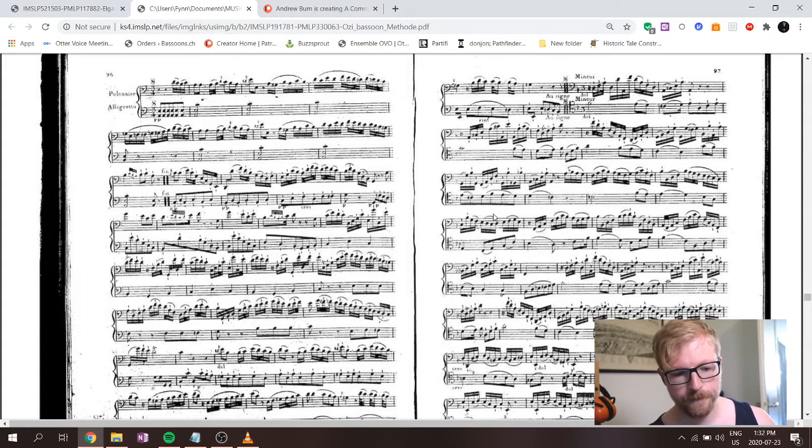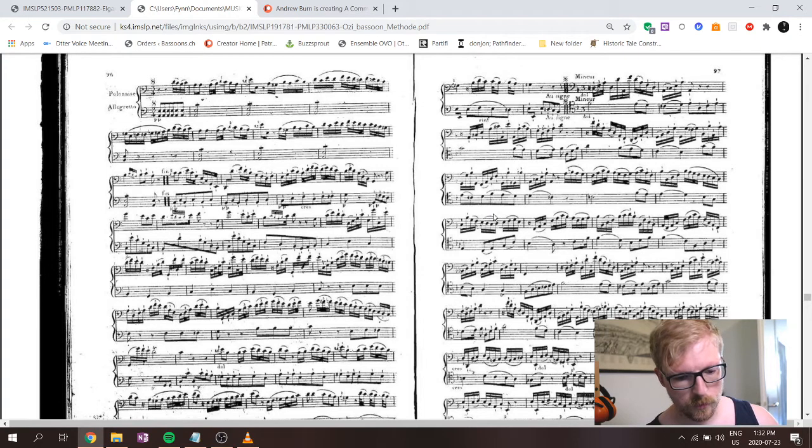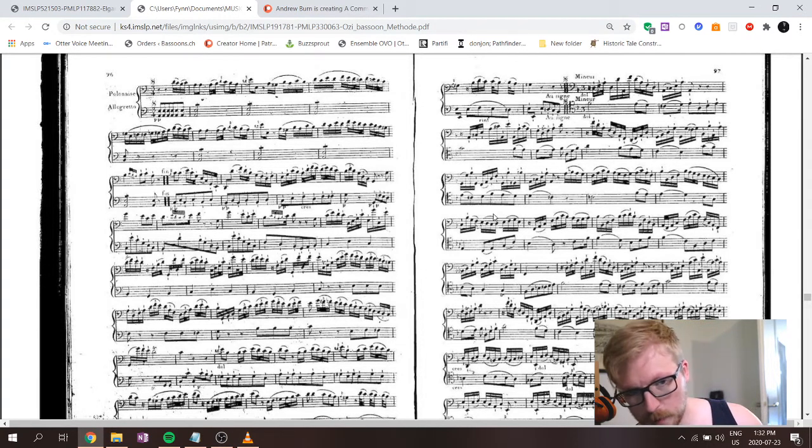Phrase 2. Now B section. Two plus 2 now.